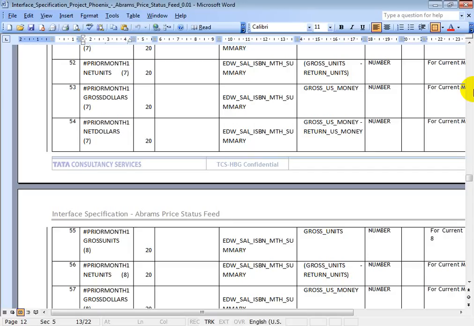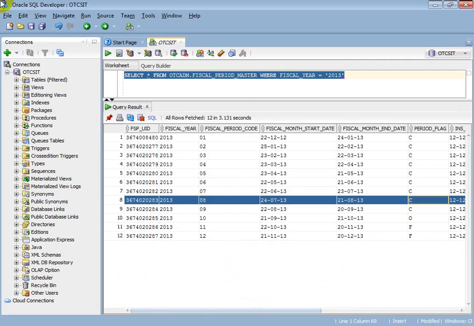So if you run for physical month 11, since for the 11th month you don't have any sales, right? Then the file will be empty. Basically, this will be run on a physical month end. Let me show you clearly. Now we are in the 10th month.